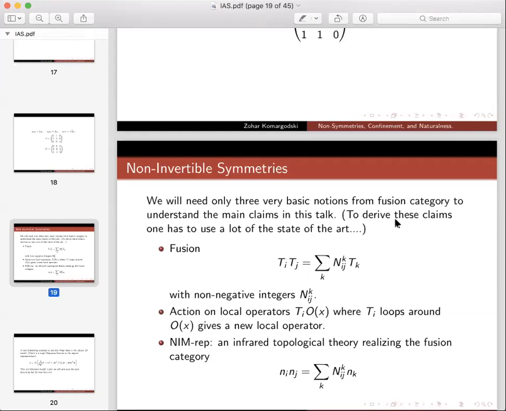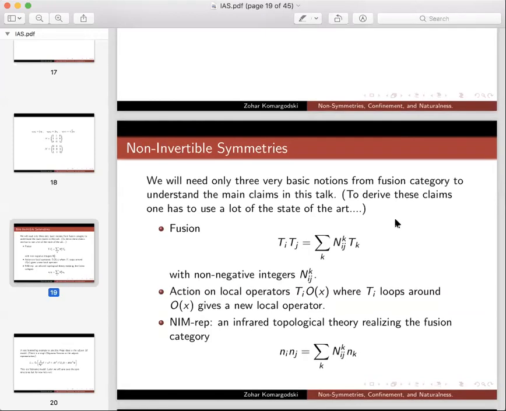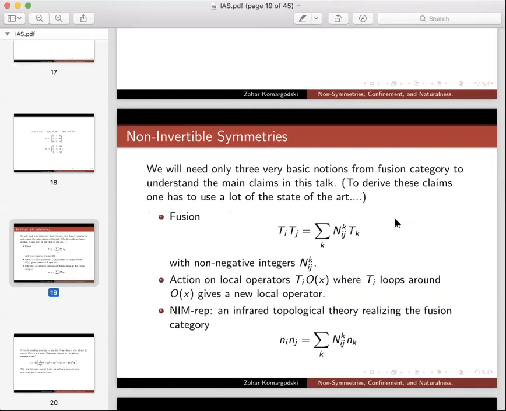Well, in fact, as you know, we typically assume that non-trivial lines cannot end with non-trivial topological local operators. So we typically assume that Hom(1, A) for non-trivial simple lines A is vanishing. Yeah, typically we assume that, but that doesn't mean that these NIM-reps are trivial,